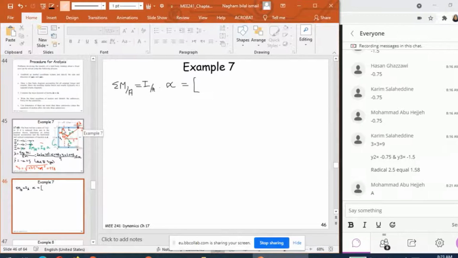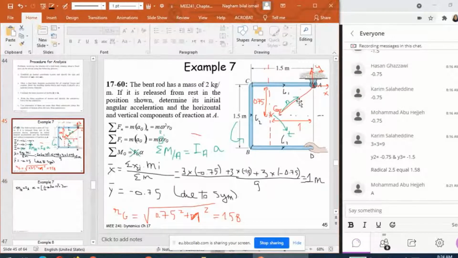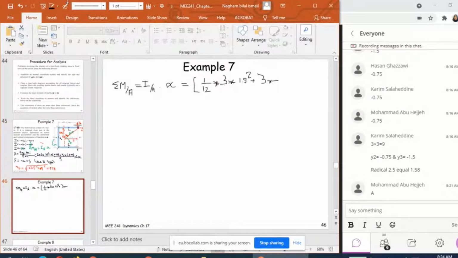So let's start. What is the mass moment of inertia for the first beam? It's 1/12 times the mass, which is 3. So I'm considering it as a slender rod because I don't know the thickness, and it's obvious, guys, that the thickness is neglected compared to the length. The length is 1.5 squared. So I can apply the mass moment of inertia for a slender rod plus m times, which is 3, times d squared, the distance between this center of mass and A, which is what, 0.75 squared